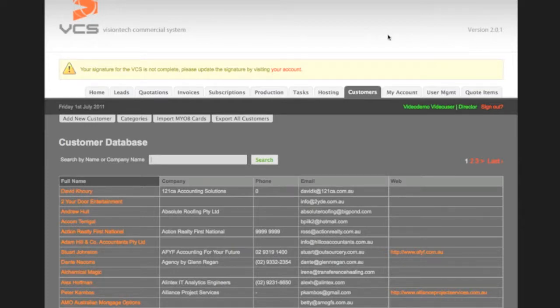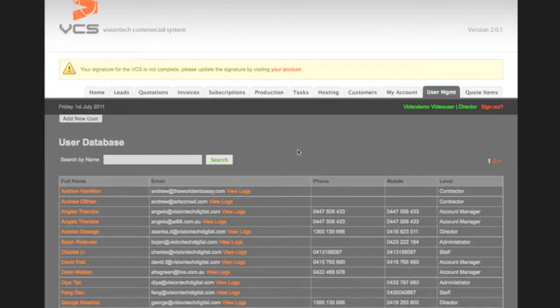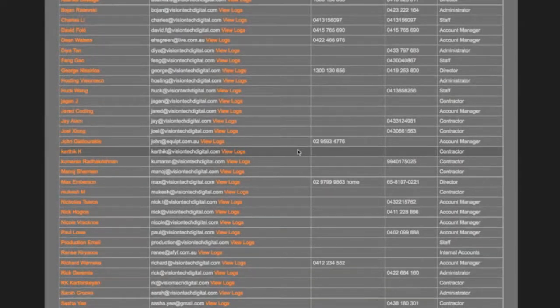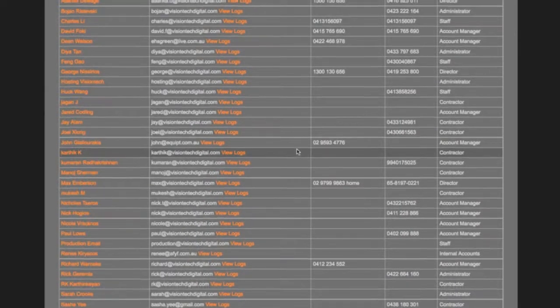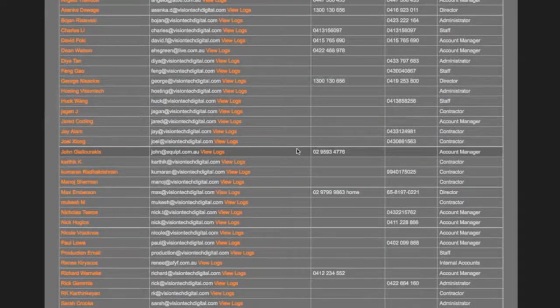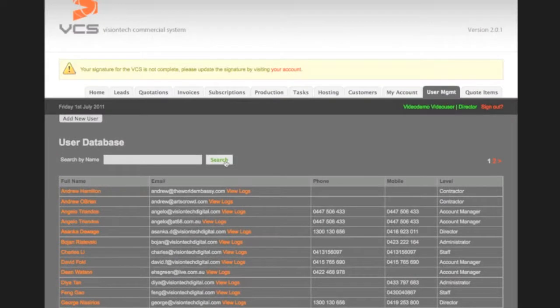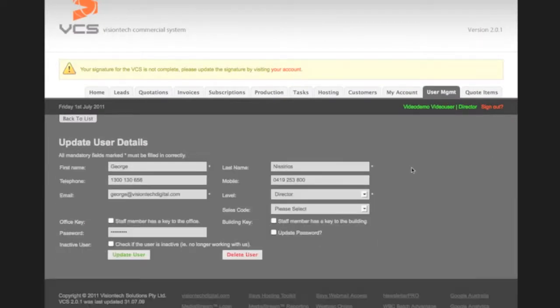Another important aspect of the user management and customer management modules are setting permissions and allowing people access to the system. In this example, you can see we have about 20, 30 people who have access to our system. I'm just going to click on myself, and basically what we have here is a simple enter your name, surname, telephone contact, your email address, which is very important because that's what you use to log in to Webflow,